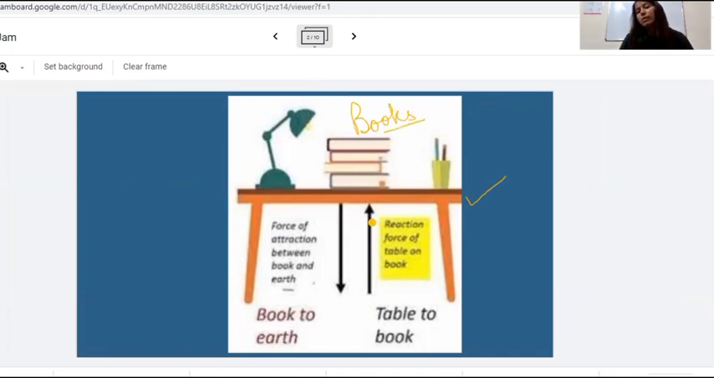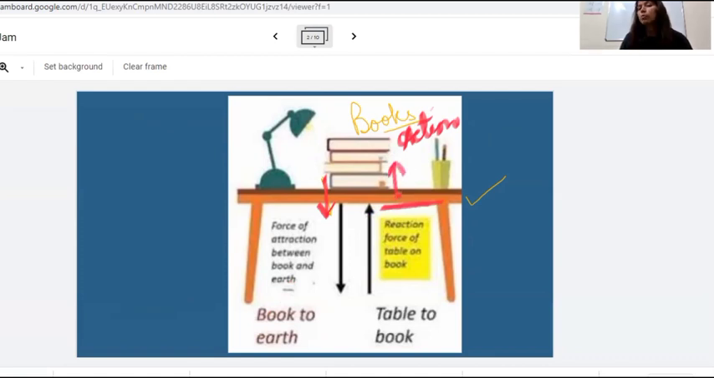These books are applying some force on this table in the downward direction. Suppose these books are applying force in this downward direction; after applying it, these books have done some action on this table. But in the other case, this table is applying the opposite force on these books,